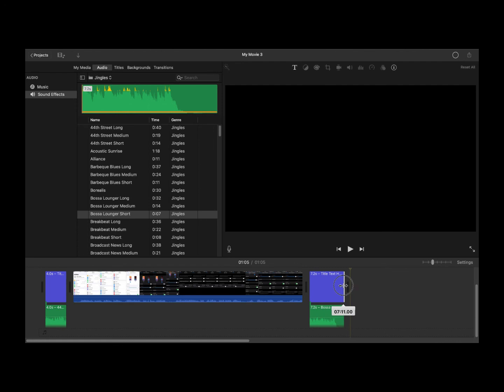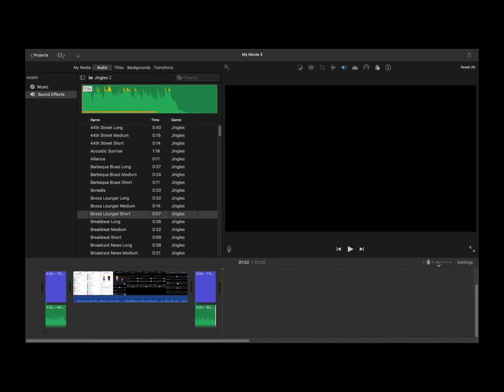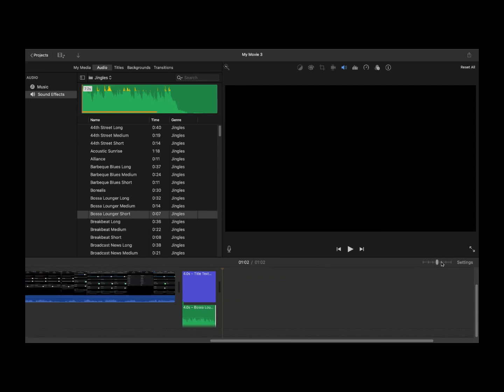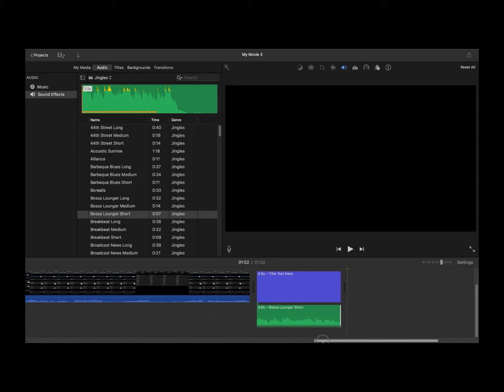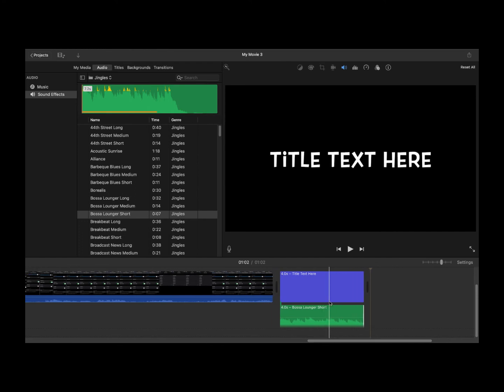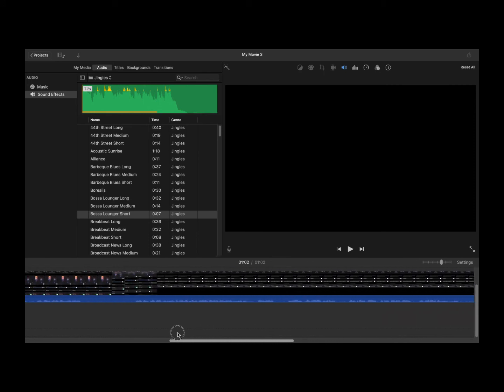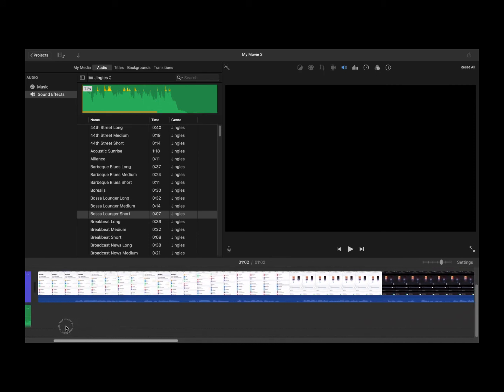Now say you're doing a lot of this and you're like, I can't see any of that. So what you'll do is change your setting here to zoom into this timeline a little bit, and that'll give you a better view of these pieces as you're adding them. So you've got all of that. It does make it take longer to scroll through there, but as you move your cursor along through here and you've got everything where you want it to be,